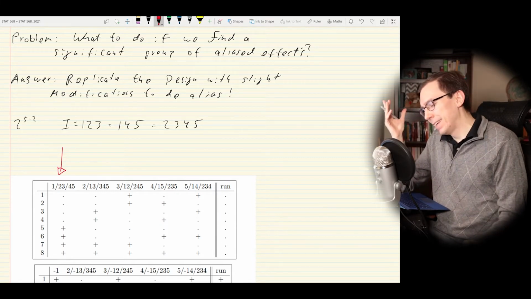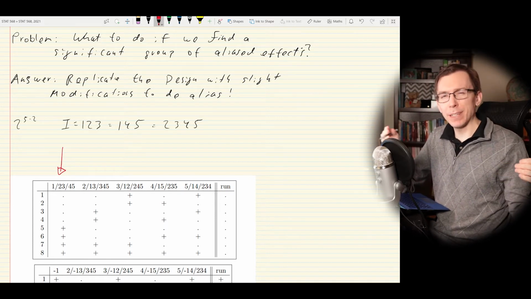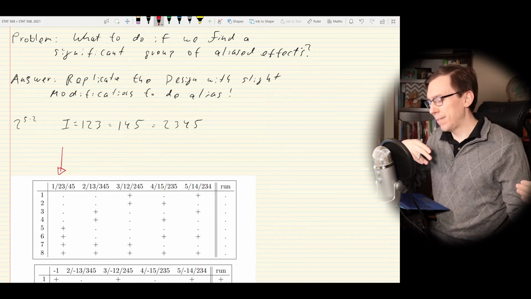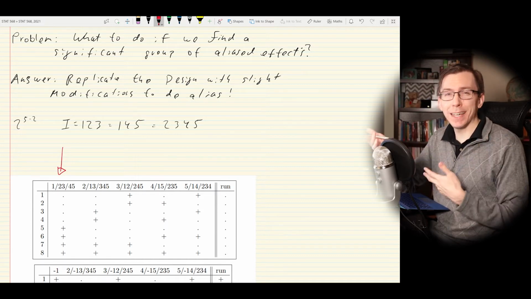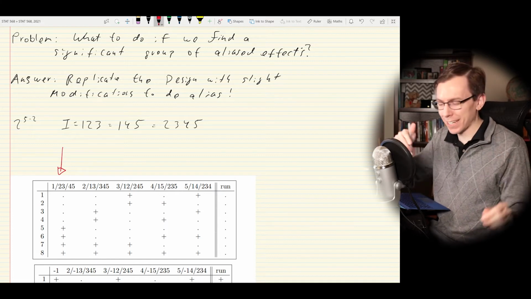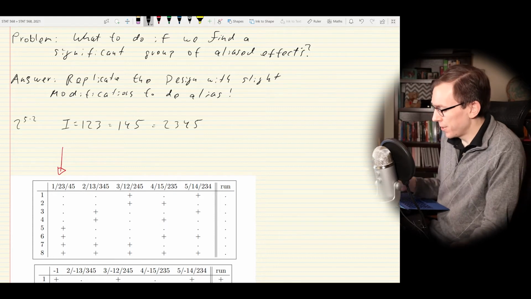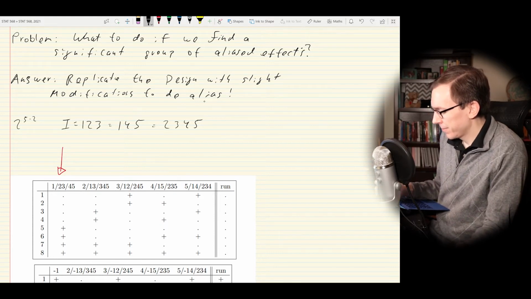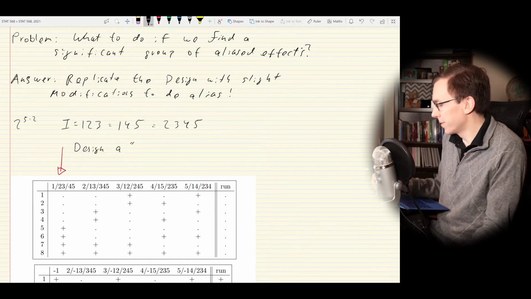Now, we could just say that significance is probably coming from the main effect factor 1, but we have two-way interactions which could somehow be bleeding into the significance here, and we need to figure out what's going on. So what we could do is design what they call a fold over